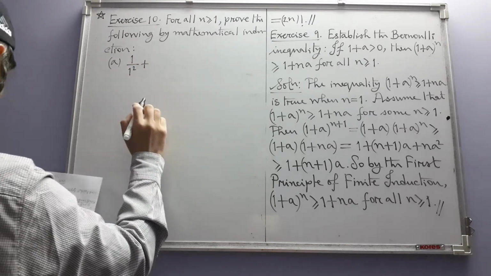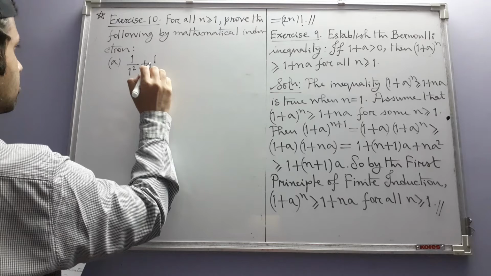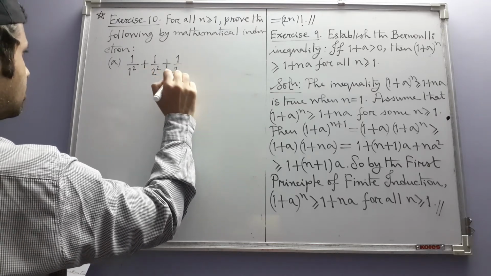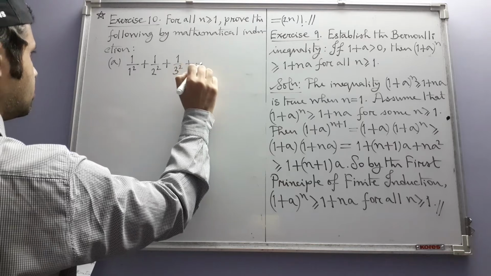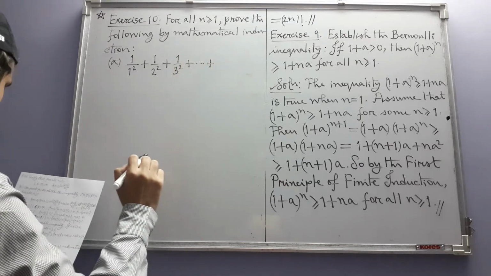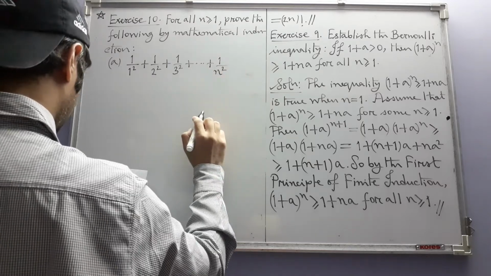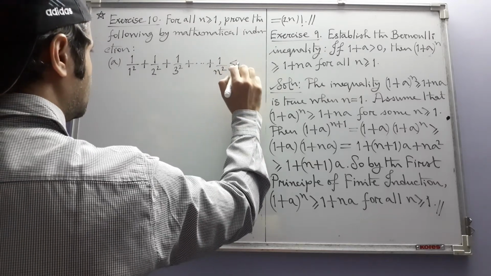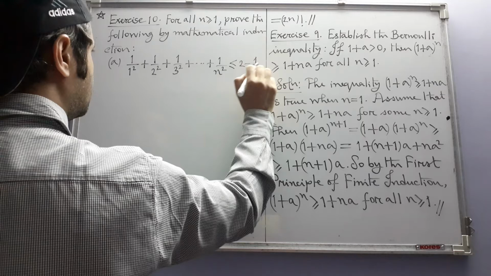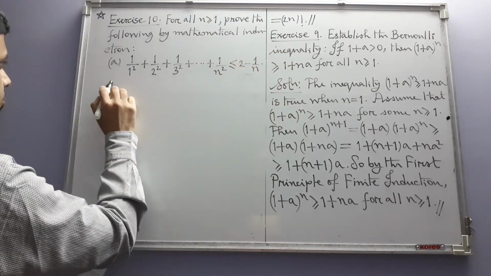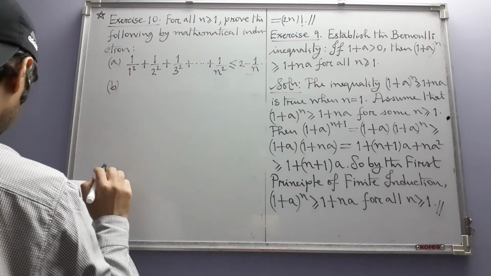Part A: 1 by 1 square plus 1 by 2 square plus 1 divided by 3 square, etcetera, plus 1 divided by n square is less than or equal to 2 minus 1 by n. That is one thing. And part B,